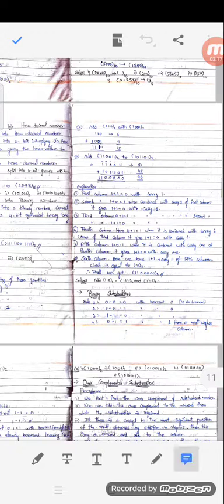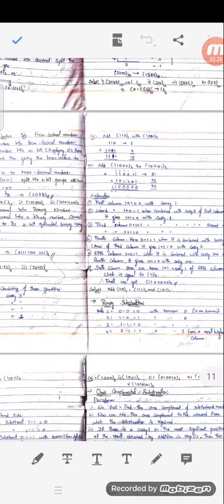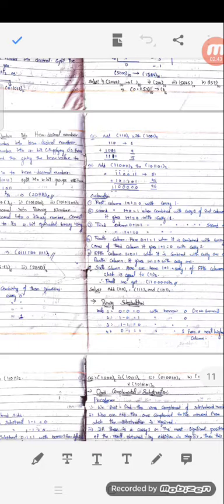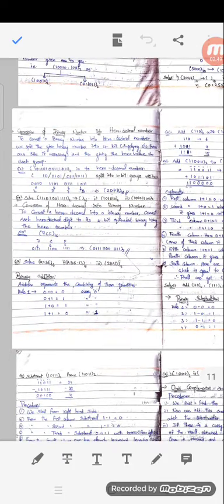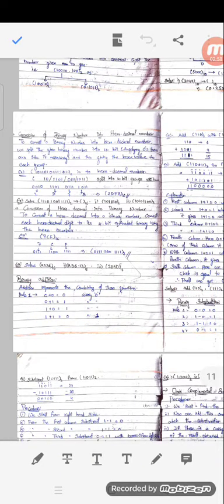Did you get the value? 0 minus 1 means we are taking a borrow 1 from the previous value. Then the digit will be 10, that is the number 2. 2 minus 1 is 1. So this is the method of calculating binary addition or subtraction. Focus on these 4 values, because everything will be created from these 4 rules only.